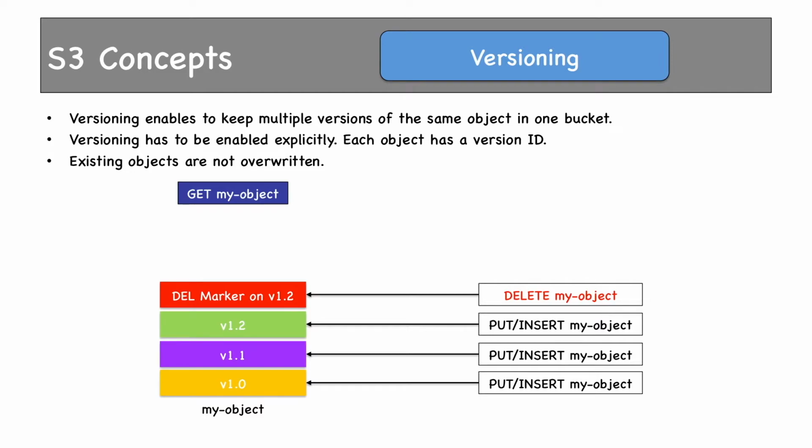Now comes the catch. You can retrieve the older versions though. If you want to retrieve the older version, you'll have to mention the object name along with its version ID. That particular version only will be returned. Remember, you cannot get version 1.2 though, as it has been deleted. You can get any other older version as long as you mention the version ID. Let's see all this in action now.